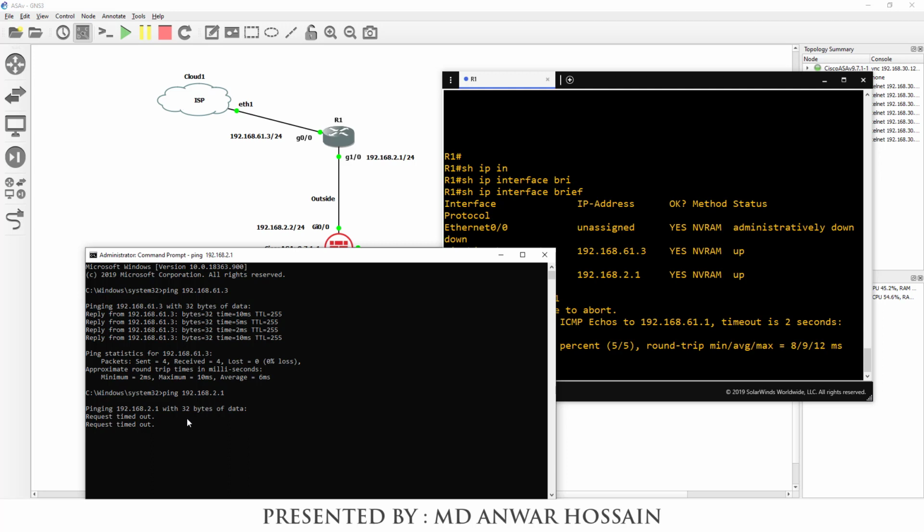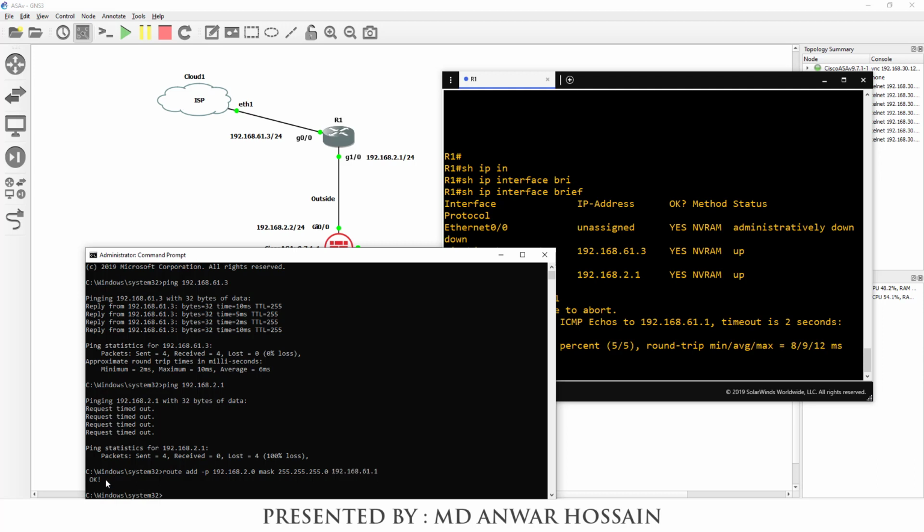To get subnet access from the physical host, we need to add one static route in the physical host. So the command is route add -p 192.168.2.0 mask 255.255.255.0 and the next hop is 192.168.61.1.